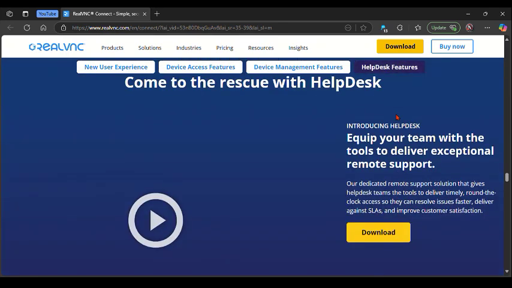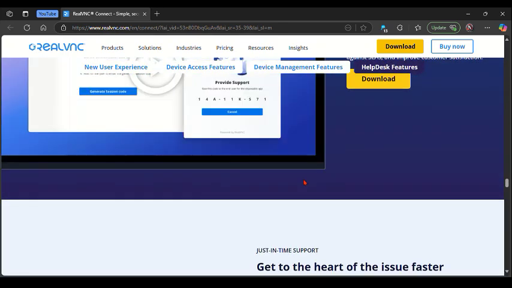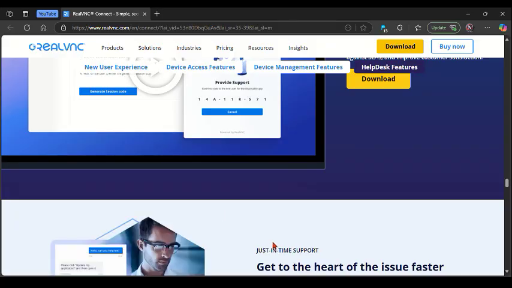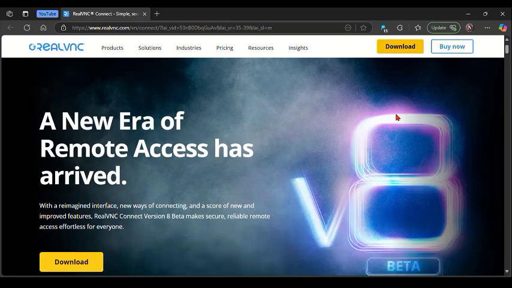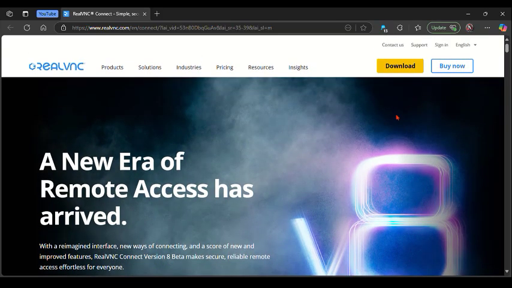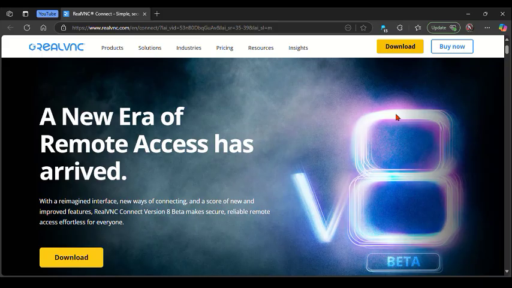Once both applications are installed and configured, sign in with your RealVNC account to sync your devices. Your remote computer will appear in the viewer interface, allowing you to connect with a simple double click, and all identity checks will be verified, and upon successful authentication you will gain control